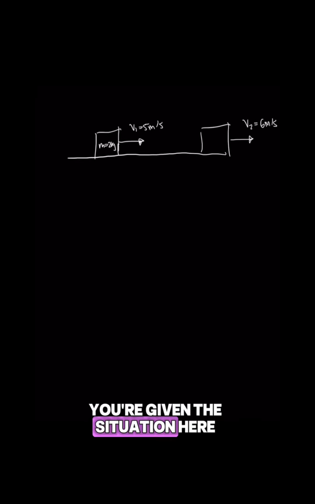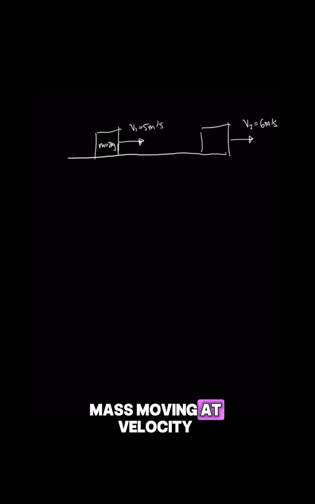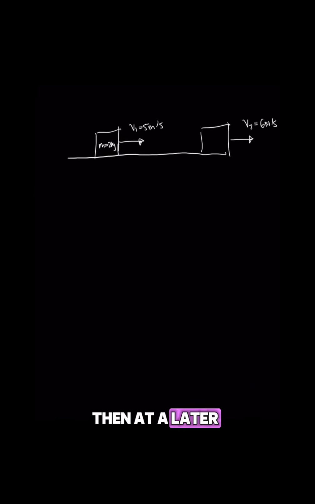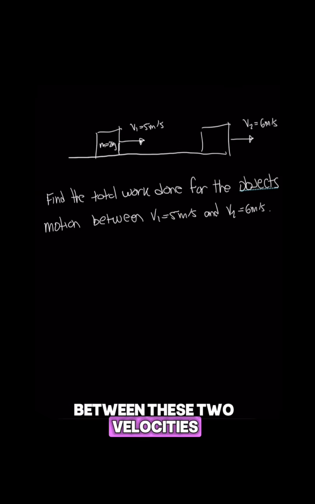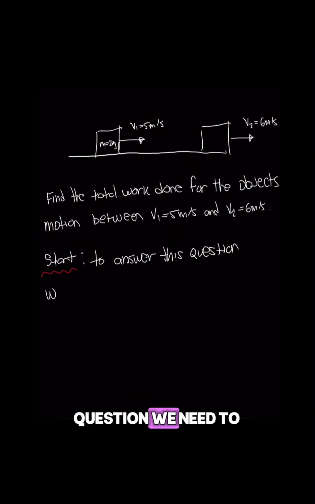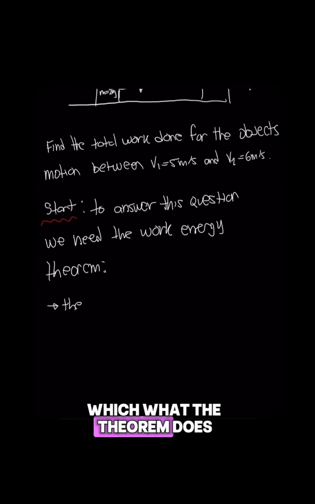All right, so let's say given the situation here where we have a mass moving at a velocity of 5 meters per second, then at a later time it's moving at a velocity of 6 meters per second. And the question wants you to find the total work done for the object's motion between these two velocities. So to answer this question, we need to know the work energy theorem, which